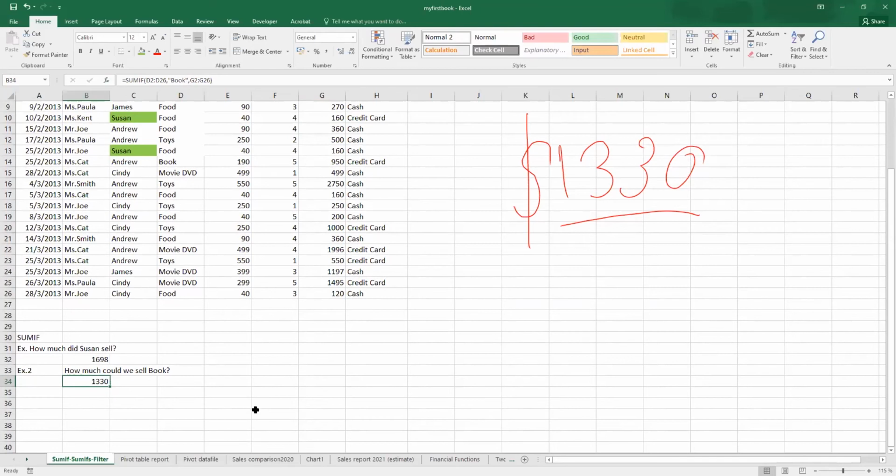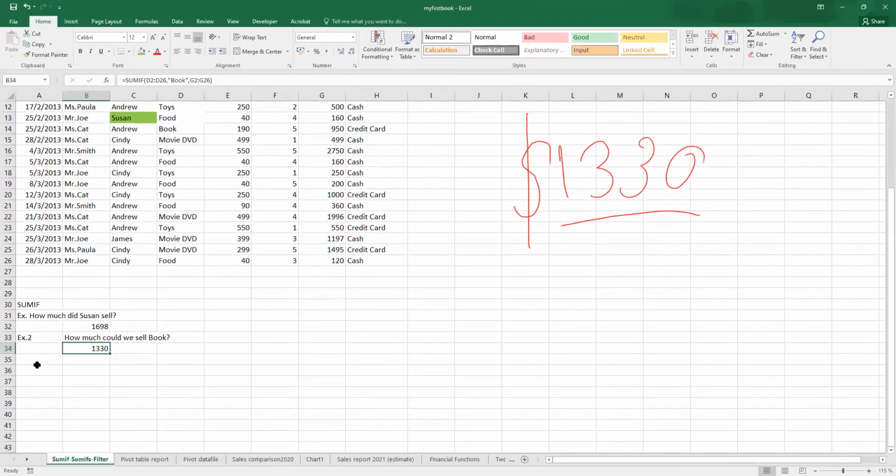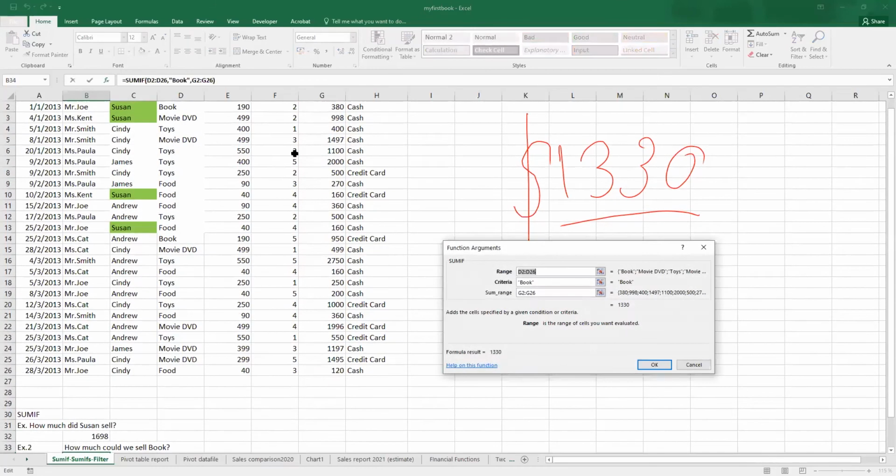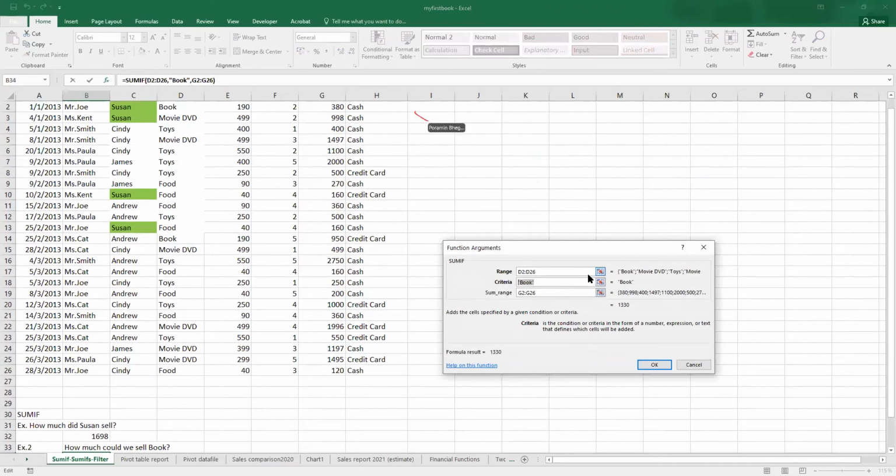So if you don't have any questions, another example that I just want to show you is that we can also apply the SUMIF instead of just typing the criteria manually like this. You can see that in this one I type book like this. When you type any constant value in the functions, like when we type book, when we type Susan like this, typing the constant value here in the function,